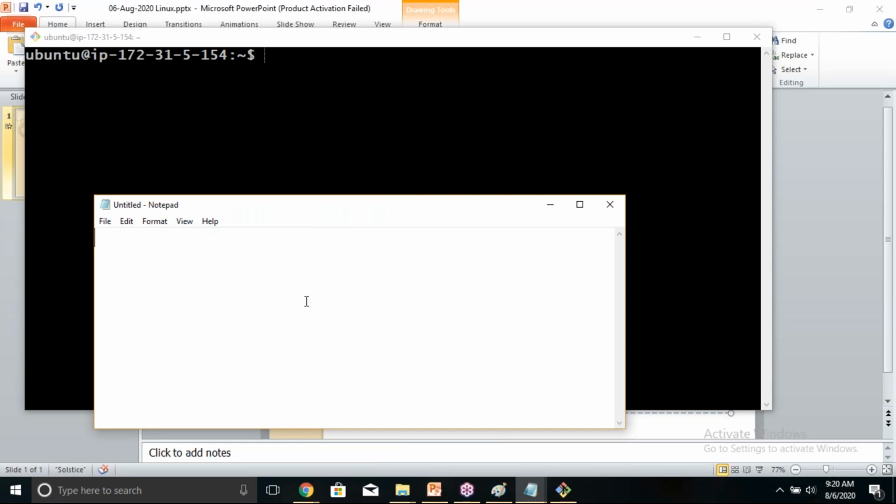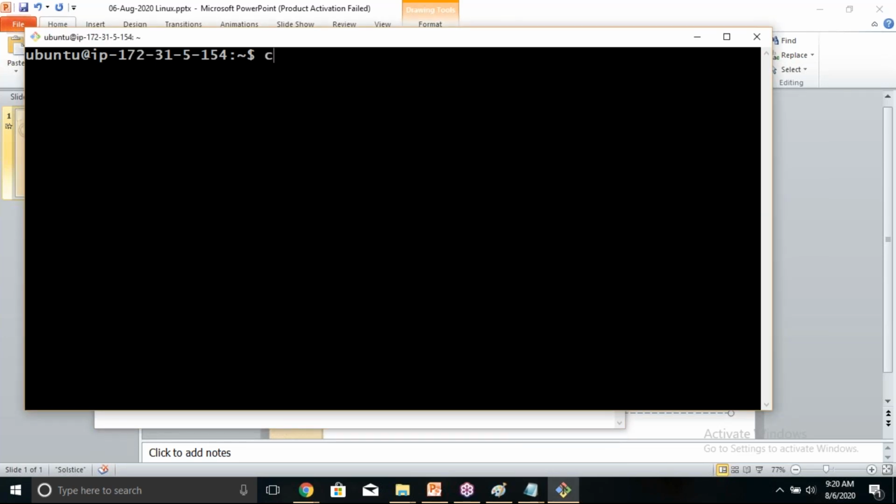Let's say I want to create a file with the name f1. The command you need to use is cat, use a greater than symbol, and mention the file name which you want to create. F1 is the name of the file. Once the file gets created, you need to enter the content into the file. Let's experience it. Please observe, cat is a command, greater than, mention the file which you want to create, f1. The file got created. Write the contents into the file.